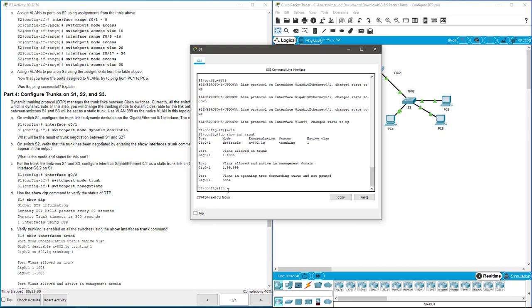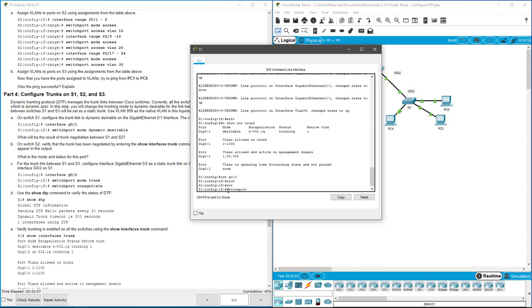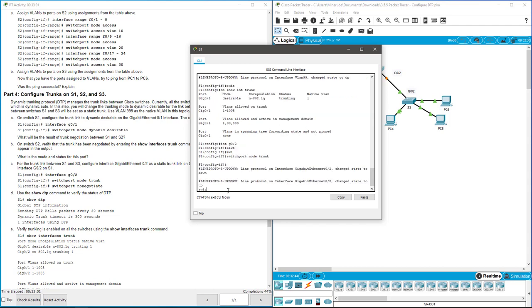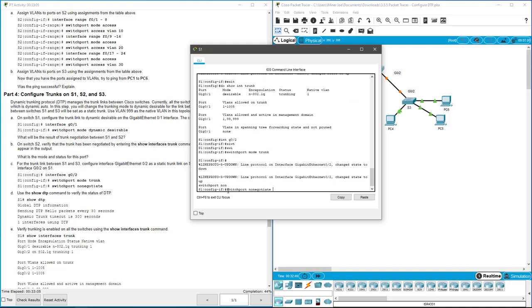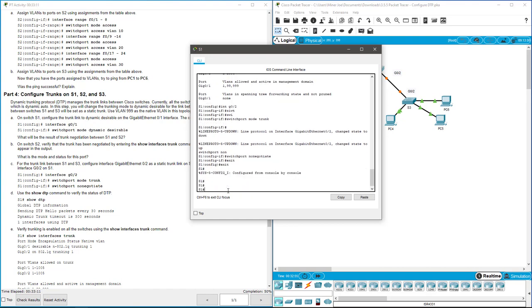So we'll go int G0/2 and switchport mode trunk and switchport nonegotiate. Exit. Good. And what you're going to see is that that trunk link is not going to work on